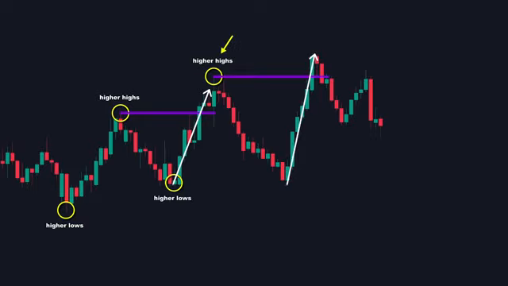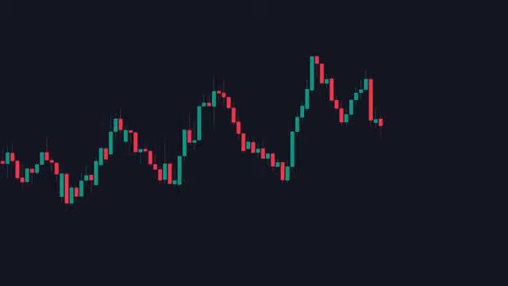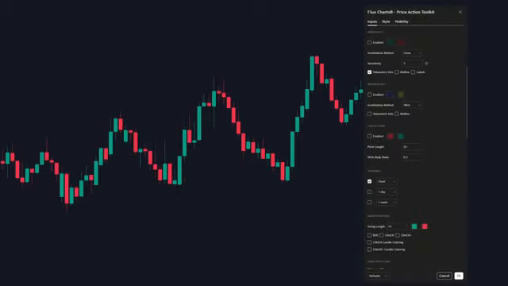The best part is, you don't have to mark these manually on your chart. You can use advanced tools like the Price Action Toolkit, which automatically identifies breaks of structure, order blocks, and imbalances directly on your chart. Once the break of structure is identified, we can move on to step 2, which is